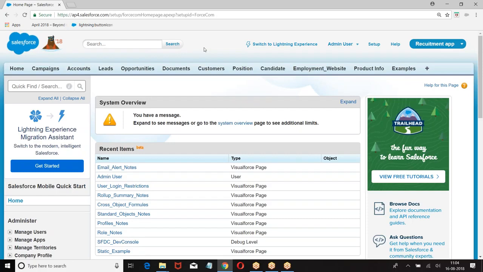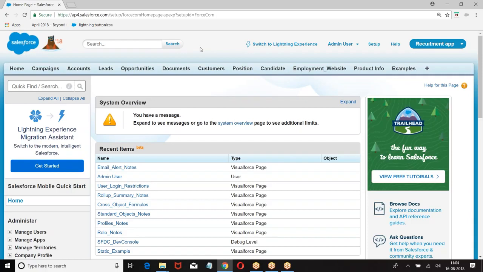If you approve it, what should happen? If you reject it, what should happen? This has to be defined in a process. To define and automate this process, we are going for approval process. Approval process is a set of automated actions which are performed when a record is submitted for approval.